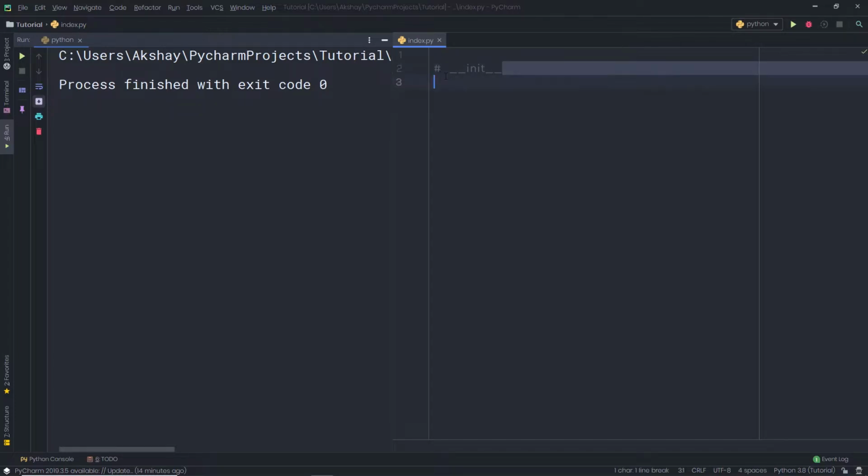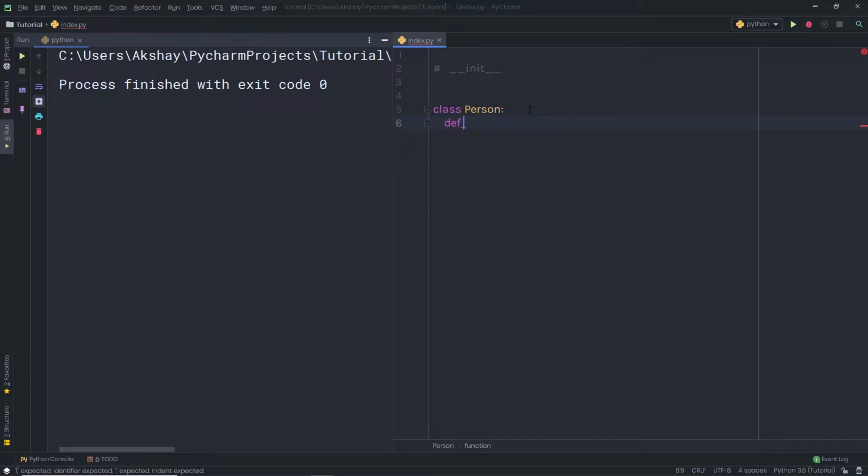To understand how this method works and how we can use it in Python, let me explain with a simple example. So let me take you through a simple example to understand how this init method works in Python. So here I'm going to simply create a class. I'm going to start with the class keyword and then specify the name Person. Now here I'm going to specify a colon to specify the scope for this class, and then here I'm going to call the init method. So here I'm going to say def, and now you don't need to specify your own name